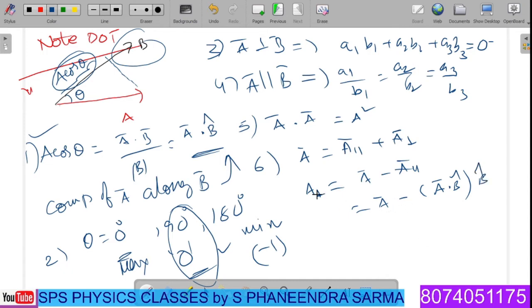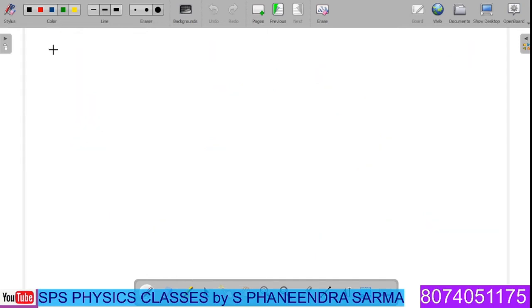So this is called the perpendicular vector, the perpendicular component. Got it? So this is the perpendicular component, and the parallel component they are asking for is simply, direct answer, a bar dot b cap times b cap. This is called the parallel component. And how do we represent the perpendicular? This is the perpendicular component. Okay, like this. Cross product.